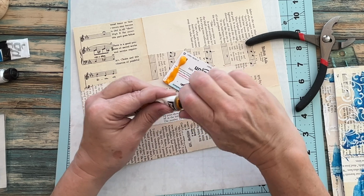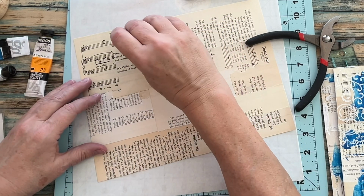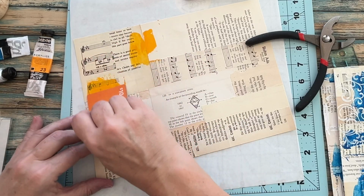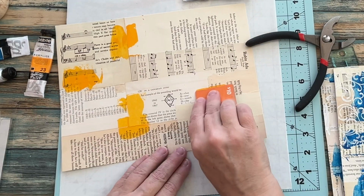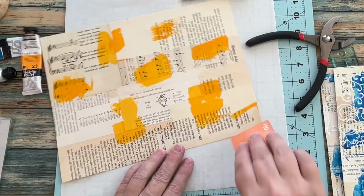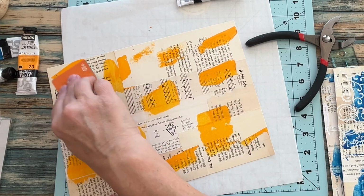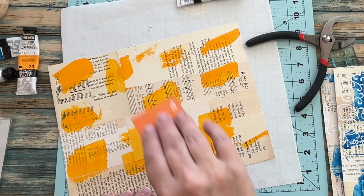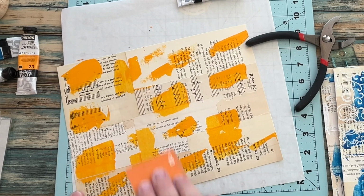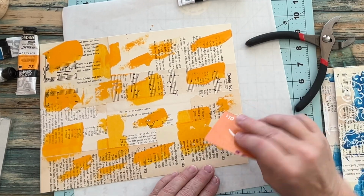These were originally from Illustrated Faith. I was gifted them, and I'm very thankful for them. Three of the colors are my favorite, those blues and white. But I'm putting on this orange, this yellow orange. There's a more orange that I never did use. When I was researching collaging,